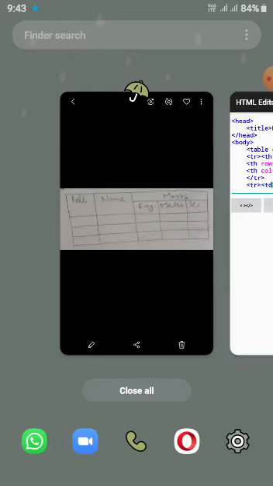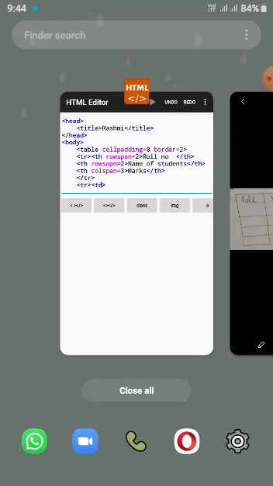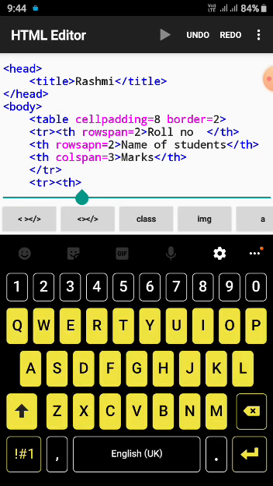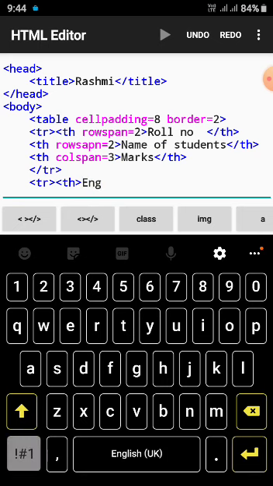You check the output, the second row. What are the headings given? Headings are given as English, Math and Science. Below roll number nothing is there, below name nothing is there. So what you have to write here, they are headings only, so make TH and write English. Fine, students.